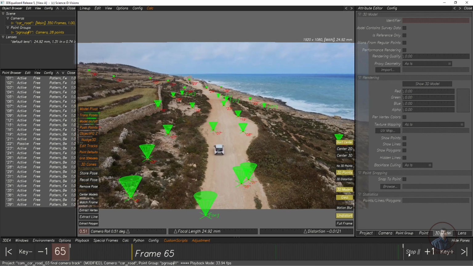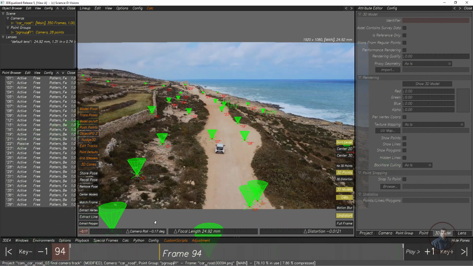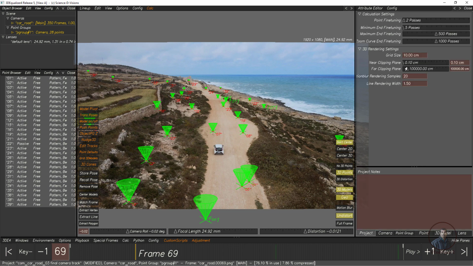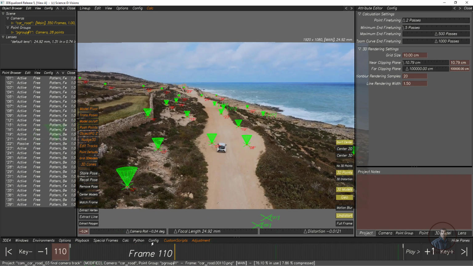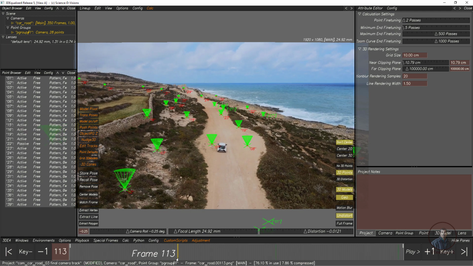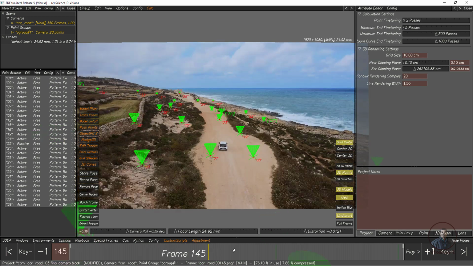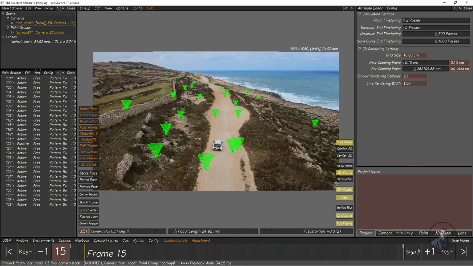Now I have placed all these cones on our selected points. If you are getting a little bit of clipping plane problems like this, simply click on projects and adjust the clipping plane. You can adjust the near clip and far clip. This is also an important option for clipping planes. Now this is looking good. Deselect all these points, play and check again.